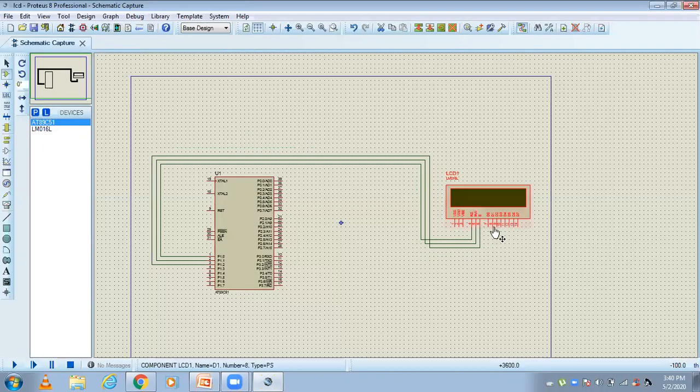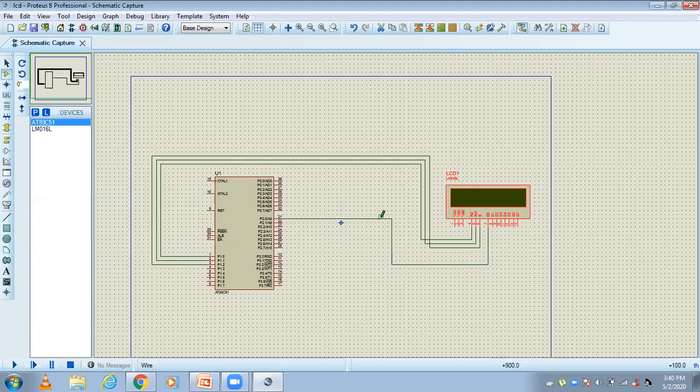The next one is D0 to D7 pin numbers. I should connect them to port 2. Okay, I will connect like this.